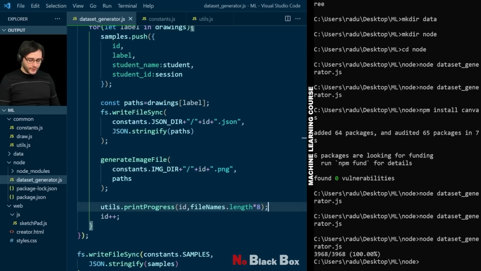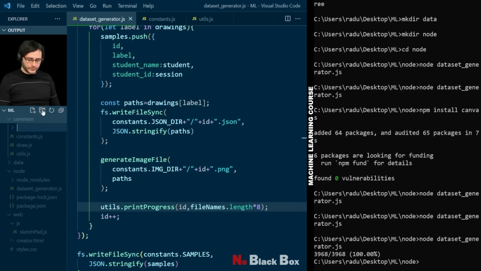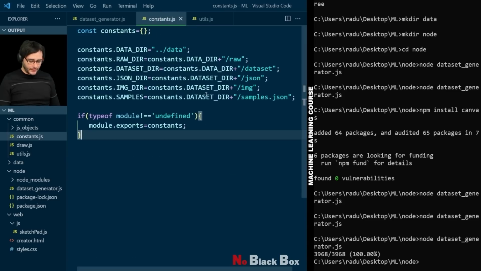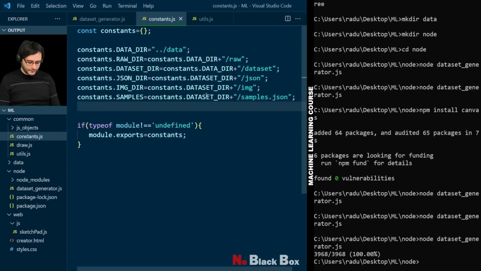Now we're going to start building a web application that can display this dataset. But before that, we need to store it in a way that the browser can read it as well. I'm going to go here in Common and create a folder called JS_objects. This folder is going to contain files we use to communicate between our Node scripts and the web apps we're going to make. I'm going to go to constants.js and add here a path to this JS_objects directory,